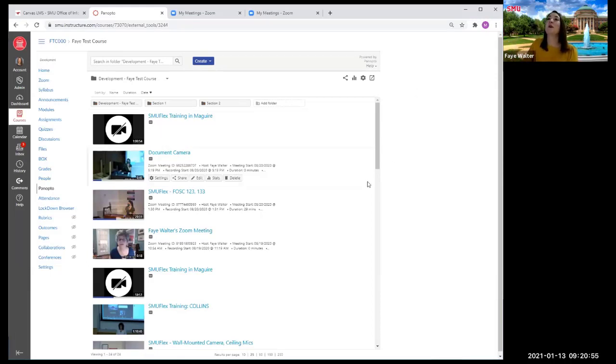Okay, so according to FERPA policy, I don't know the full policy, I'm not a FERPA expert, but you are not supposed to share a video of another section with the other section. I believe there are some forms you can have students sign if you don't want to worry with it, but you shouldn't have your footage of students in one section shared with footage of students in another, or shared with students in another section. So for cross-listed sections, I would send them all to your private folder,